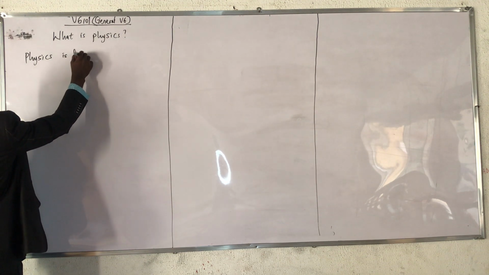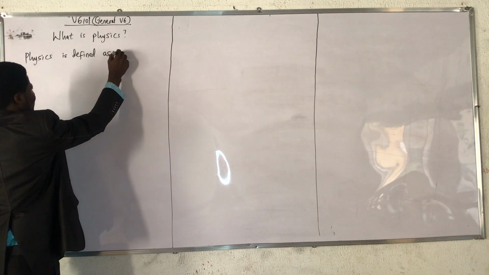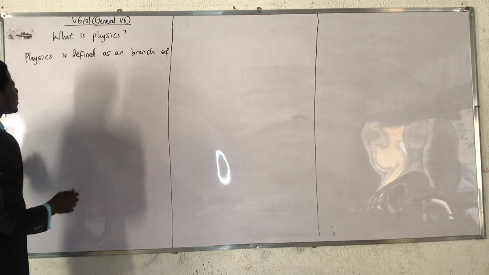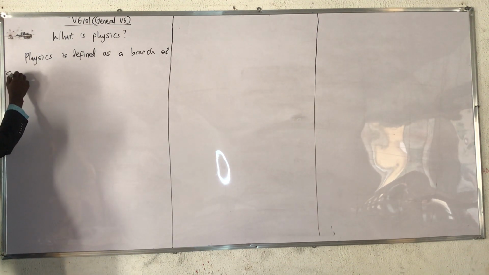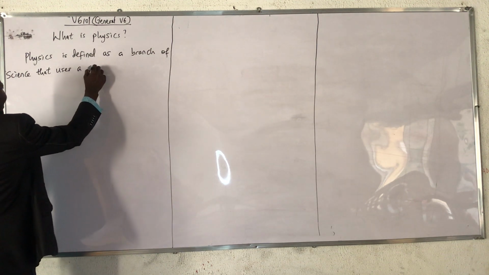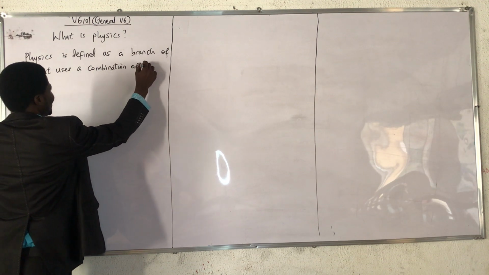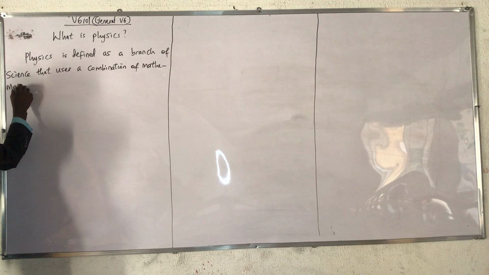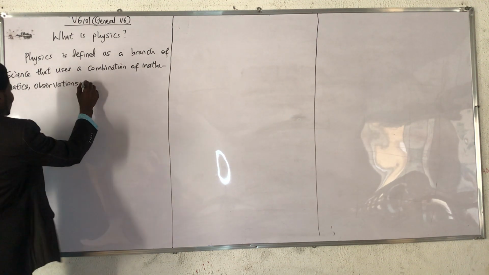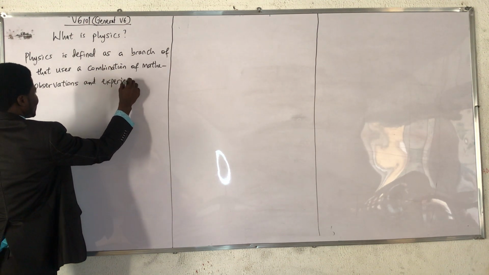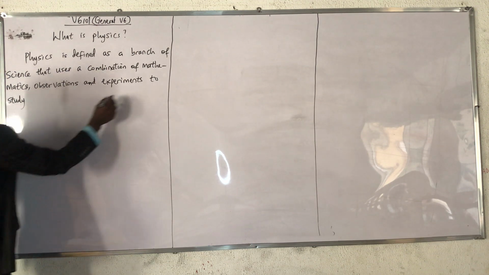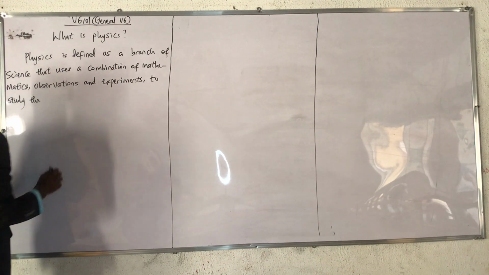Physics is defined as a branch of science that uses a combination of mathematics, observations, and experiments to do what? To study